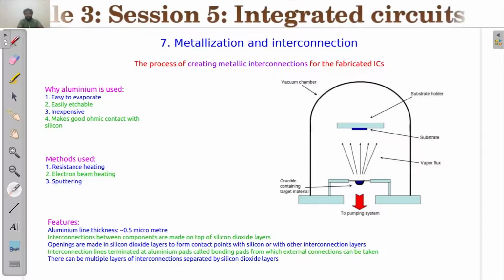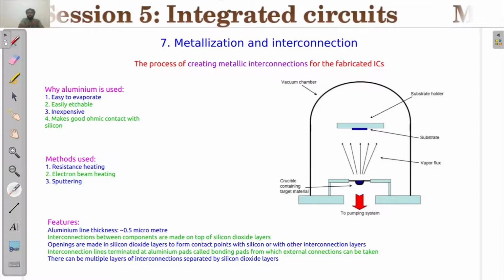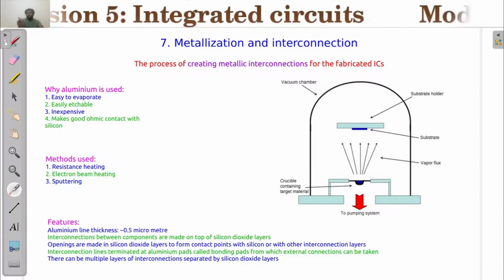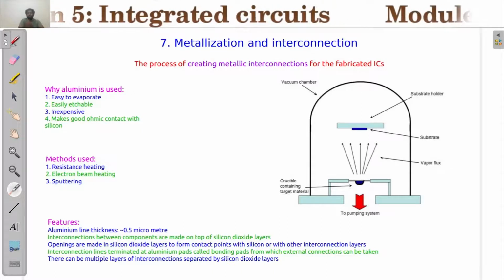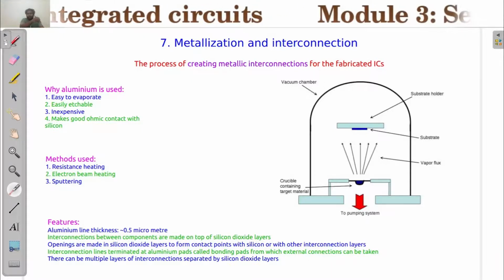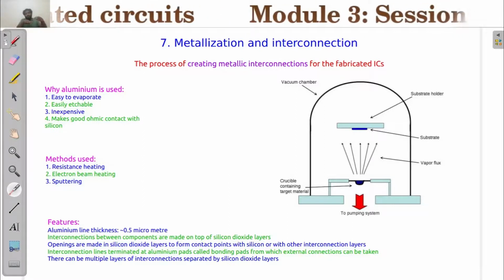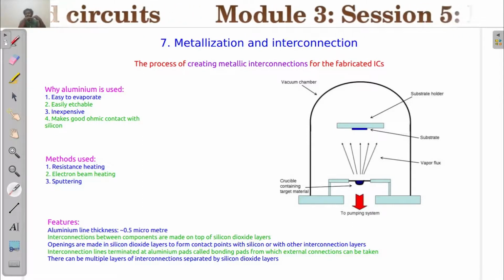That is taken using interconnections of metal. And if you want to have a connection from one transistor to another transistor, as in the case of many ICs, then what you require is a connection line of metal coming from one part of a circuit to the other part of the circuit, and that should be happening on top of a silicon dioxide layer.